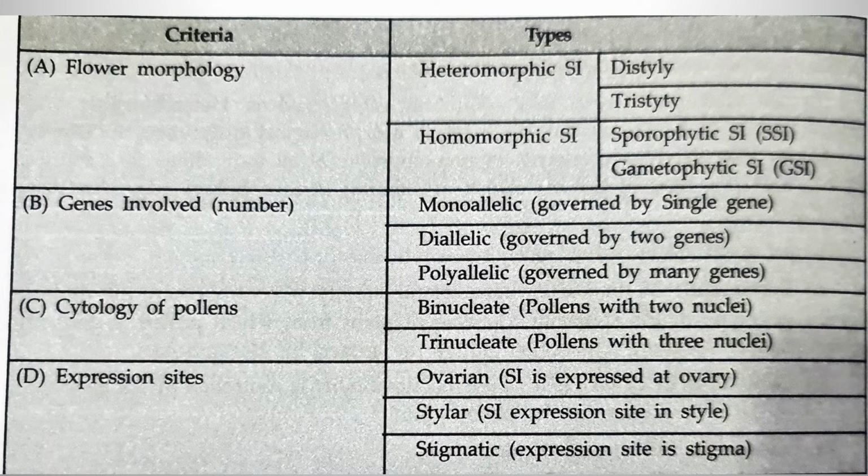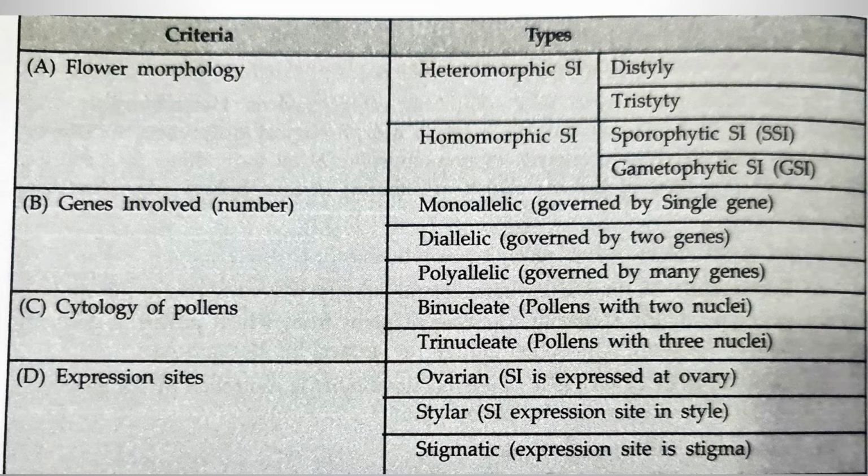So, the self incompatibility condition depends on several factors. This heteromorphism we will discuss later on. The genes involved, sometimes there is a single gene, that is monoallelic, sometimes there are two genes, that is diallelic, sometimes these factors are governed by many genes, that is polyallelic. And similarly,